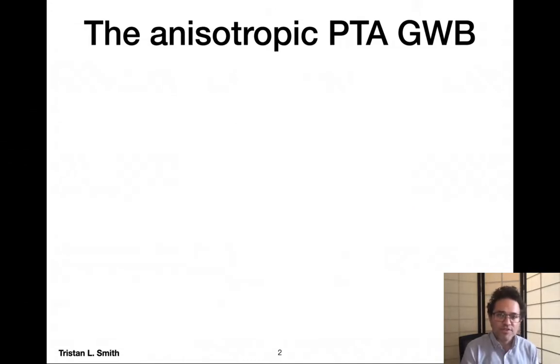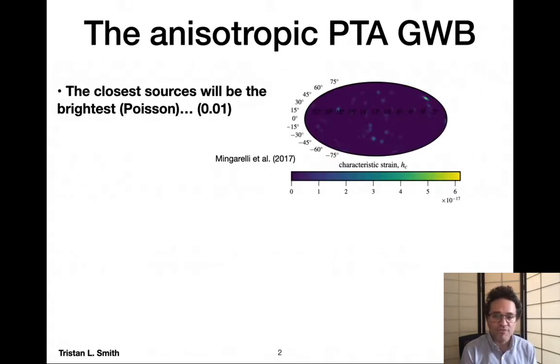So let me first establish why it is interesting to look for anisotropies in the PTA gravitational wave background. We know that the gravitational wave background that we see from PTAs, if it's produced by supermassive black hole binaries, is going to have some level of Poisson fluctuation, since some of the sources that we'll see will be closer and brighter than others. So there are a few ways of making an estimate of how much this will contribute to an anisotropy, but those ways all give pretty much the same answer, which is about a 1% anisotropy. And one of the ways to see that is described in this Nature Astronomy paper by Chiara Mingarelli and others